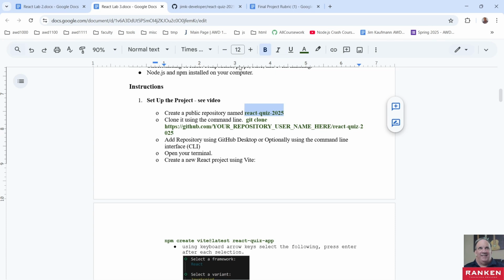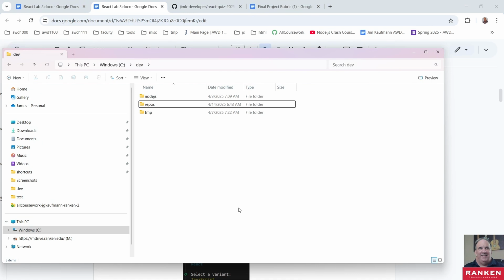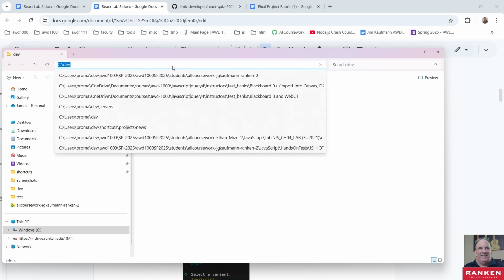So we're going to create a public repository, right? We already did that. And we're going to clone it using the command line. First, I want to mention this, and it's very important. When we do this deployment of the application, and I'm not just talking about checking in your code to the repository, we're actually going to be deploying the application using Vite, using the GH Pages module. And when you do that,